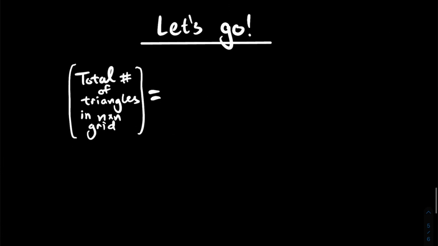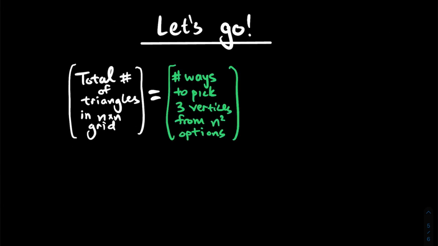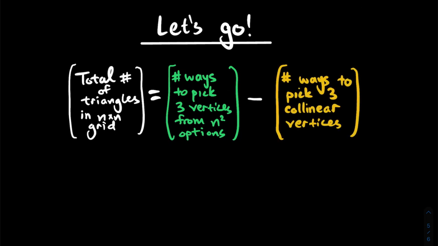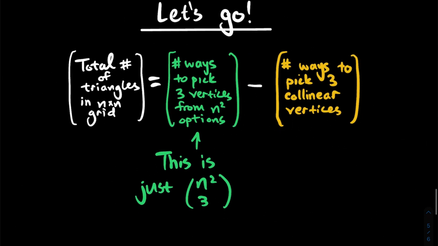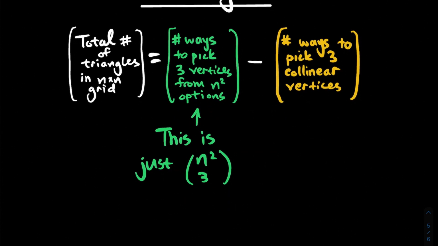So let's get into our formula. Remember, what we're trying to do is figure out the total number of triangles in an n by n grid. And what we said earlier is that should be how many ways could you pick 3 vertices from the n squared options, minus how many ways could you pick 3 of those points to lie on the same line. Well, we've got a tool to count this nice green one. That's just n squared choose 3